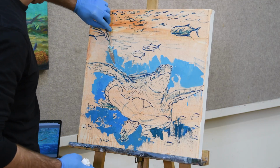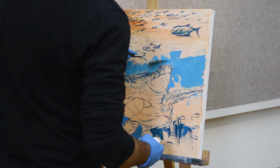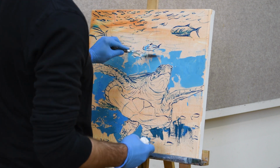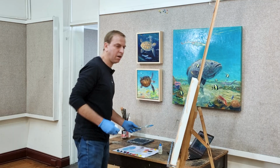The smaller fish I will keep in the painting, but I'm not too worried. I can paint them back in again, so it's fine if I lose some of that detail. At the moment, I'm relying on the phthalo blue,